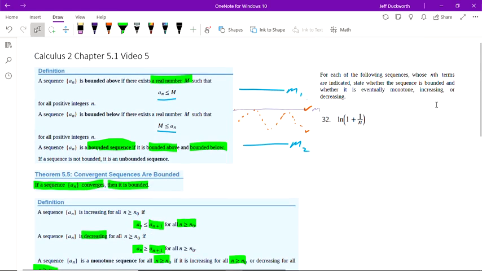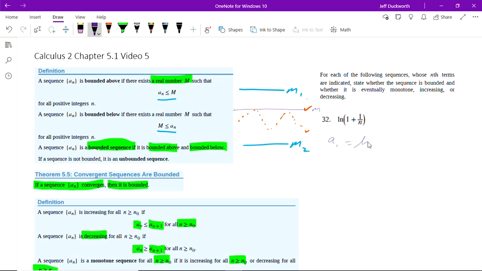Let's see if we can put this to use with this homework problem. This is problem number 32 from 5.1. The instructions say for each of the following sequences whose nth terms are indicated, state whether the sequence is bounded and whether it's eventually monotone, increasing, or decreasing. All right, let's take a look here. What happens for our first value? If we take a_1,